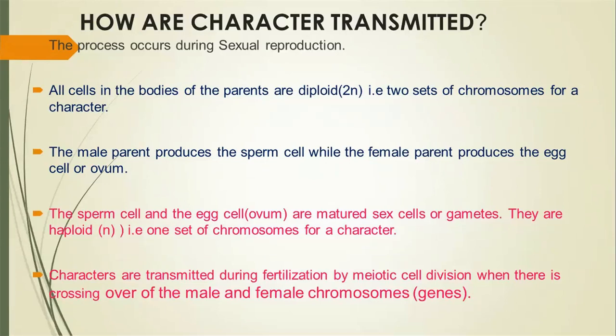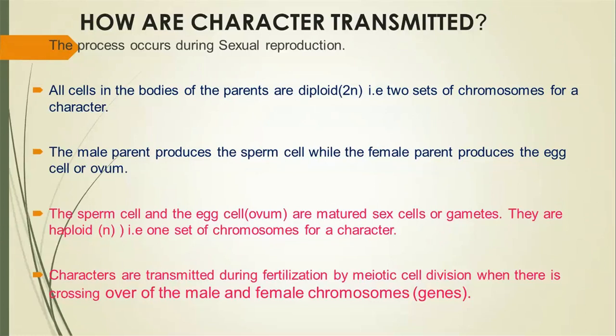Now, characters are transmitted during fertilization by what we call meiotic cell division, or you can simply call it meiosis. Now, when there is crossing over of the male and the female chromosome, you see that this can occur. Now, what do we mean by crossing over? During fertilization, the male gene crosses to the female, and the female crosses to the male, thereby causing a blending of genes. And that is why you see offsprings looking like both the mom and the father, or both the male parent